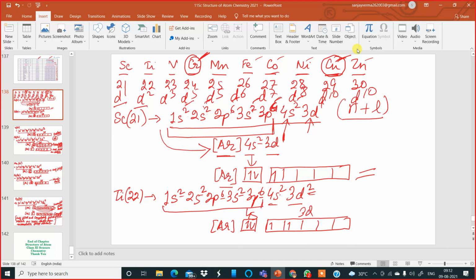Titanium, 2 electrons. Vanadium, 3 electrons. Chromium, after stability, 5 electrons. Manganese, 5 electrons. Iron, 6 electrons. Cobalt, 7 electrons. Nickel, 8 electrons. Copper, after making it completely filled, 10 electrons, and zinc already has 10 electrons in its